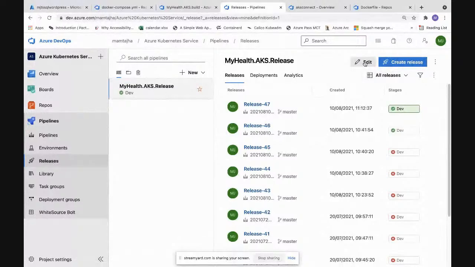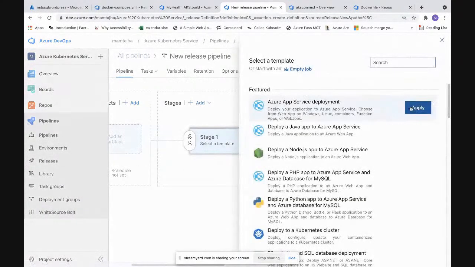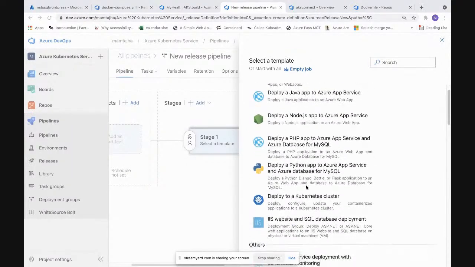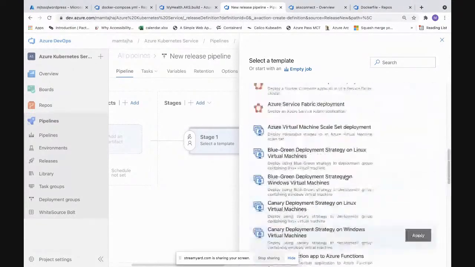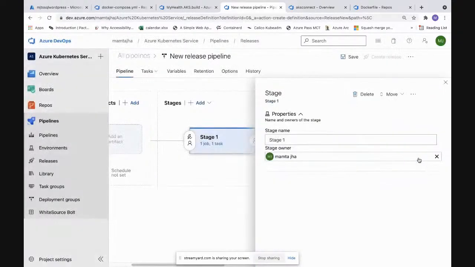You can go ahead and edit a pipeline, or you can create a new pipeline from here. You can do both things. If you are creating a new pipeline, you need to know what sort of tasks you would be having. So I would just go ahead and create a new release pipeline. You can see here, it is asking what type of template would you like to pick up? Because I'm deploying it to a Kubernetes cluster, I would go ahead and pick this template so that my life is a bit simplified picking up those tasks.